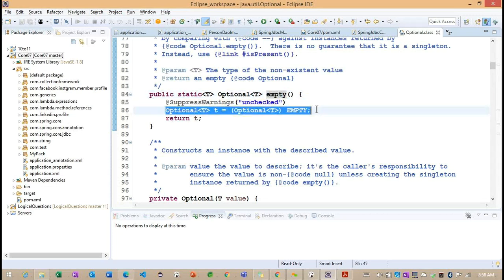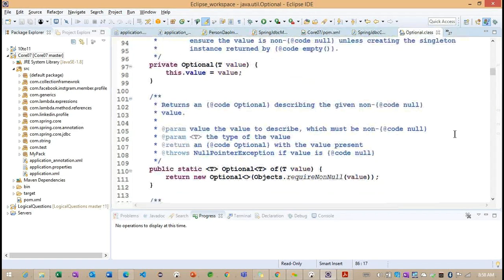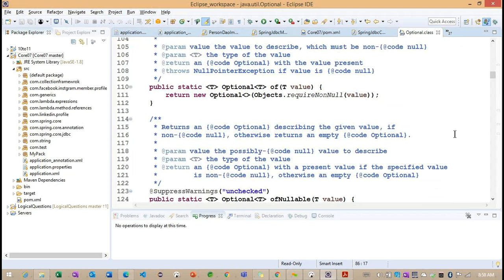Now you can see we have an empty property trying to return an object type here. Just focus on the methods we have internally. So you can easily understand what exactly the Optional class provides.